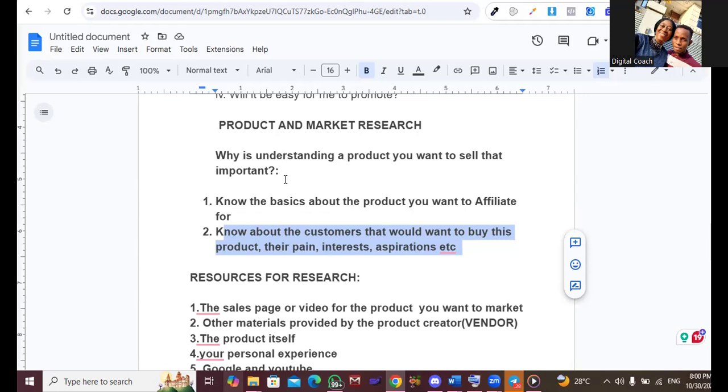Now, using these criteria, I want you to pick a promising product that you want to promote. At least pick like 2 to 3 products. Go through Expertnia, go through Seller, pick like 2 to 3 that you want to affiliate for. Use that standard, that criteria, to measure them. And then the next thing you're going to do is study the sales page for the product. And then the next thing is the research exercise for the product. This research exercise I've just shown you now.